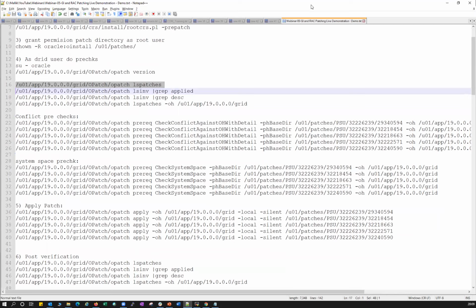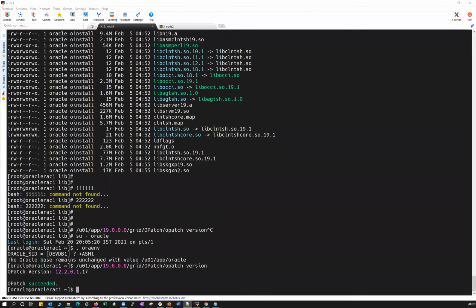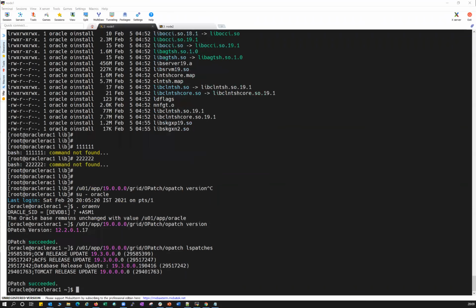So now I will run this particular command, lspatches. Okay, who has asked that question, how to find out what patch is applied? If you can see, right, 19.3, and then what is that patch? You can see 2019-04-16. You can see Database Release Update 19.3. How you can see what date it was released? You can see 2019-04, April 2019. So this is very, very old. It's a base release, I can say. And then we're applying the 2021 January patch directly on top of this.